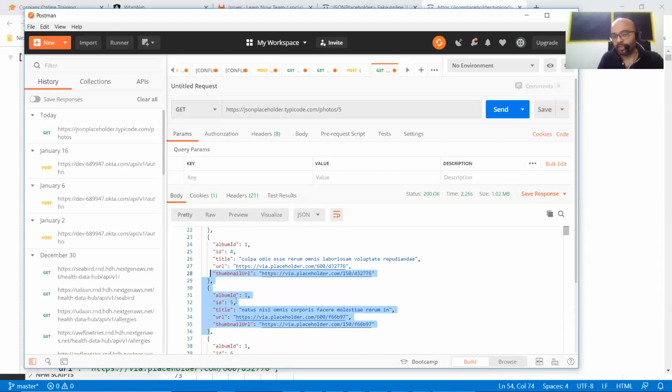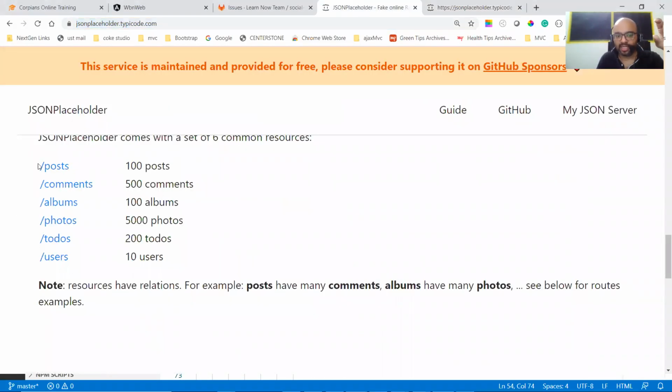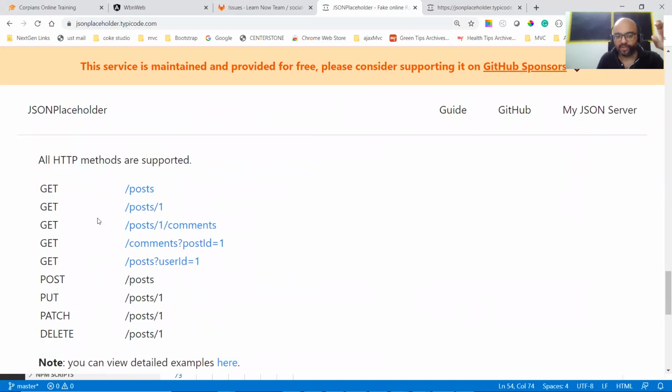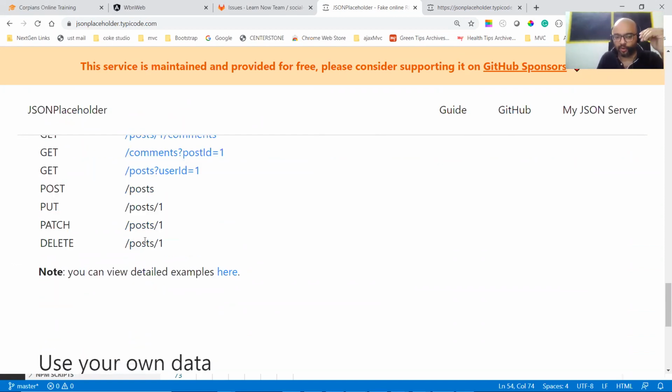So how do I know? Obviously, as a new user, you will not know this. So you should know the API structure. If you want to know the API structure, you can go through this site. Here they have mentioned one get method is /posts, which means all posts. And one get method is /1, which means by ID: /1, /2, /3, like this. For all the APIs, what they have done, we can use it.